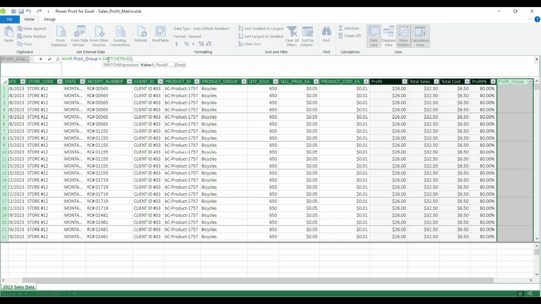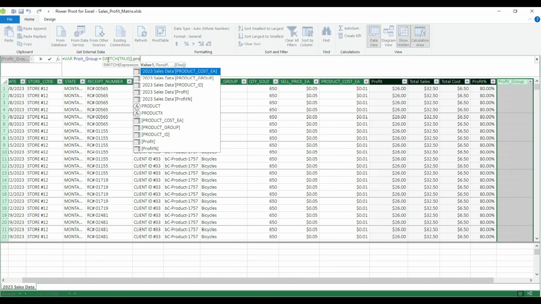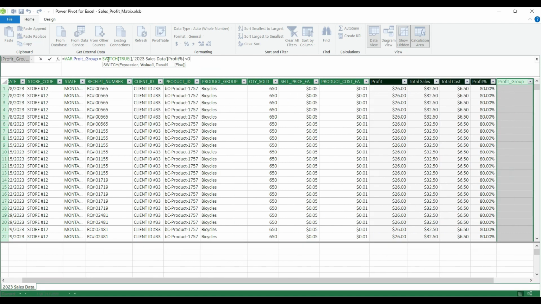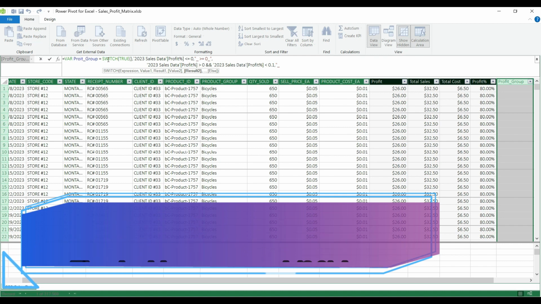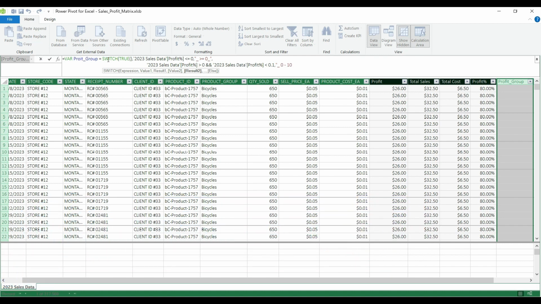So the first statement I'm going to set looks like this: profit percentage less than or equal to 0, then I want to get back this result. And let's use simple text tags to display these different groups. So I'm going to say underscore, less than or equal to 0, underscore, double quote. Shift enter, and I can start entering my next statement: profit percentage bigger than 0 and less than or equal to 0.1, which is 10%. Then I want to get back this flag. Let's say 0 to 10% underscore.